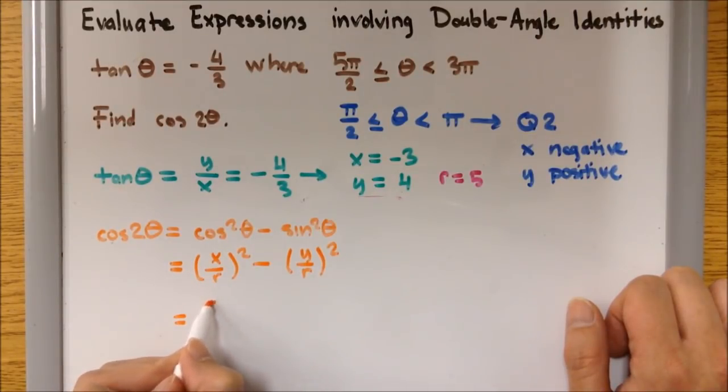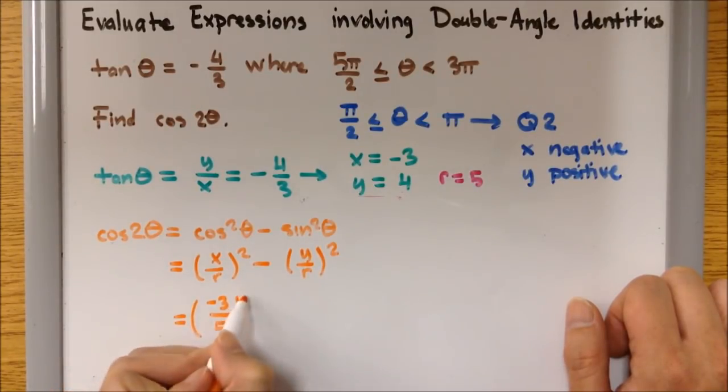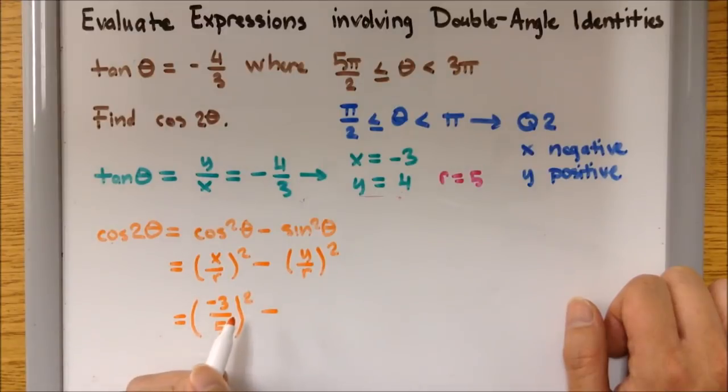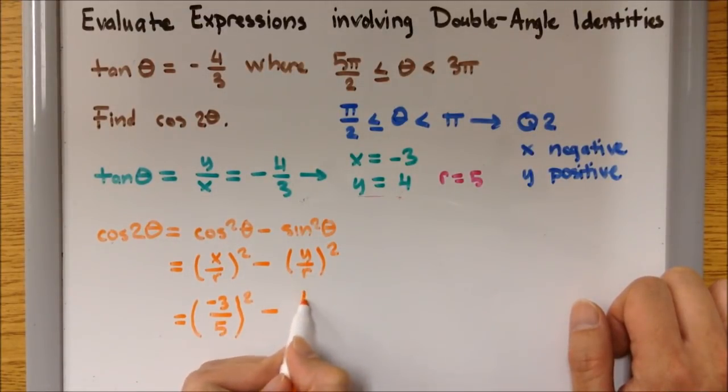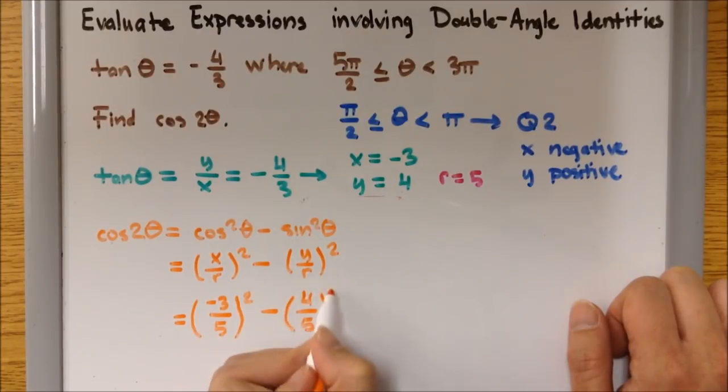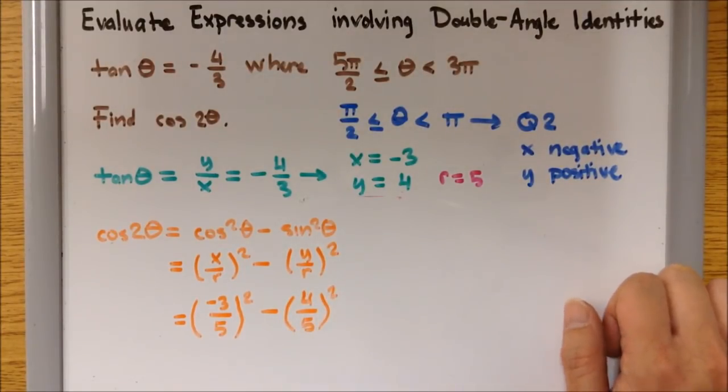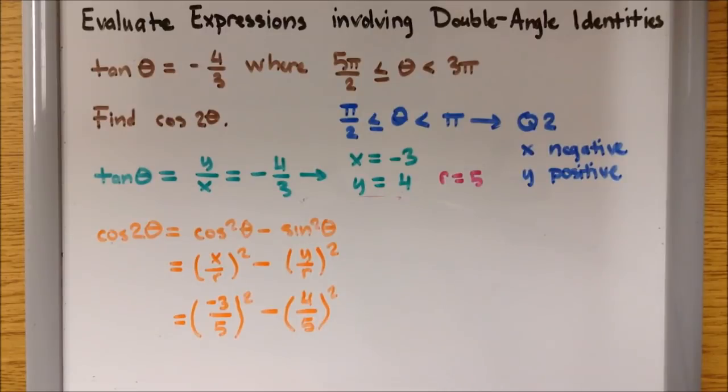My x is negative 3 over my r, which is 5, squared, minus my y, which is 4, over my r, which is again 5, also squared. Alright, so